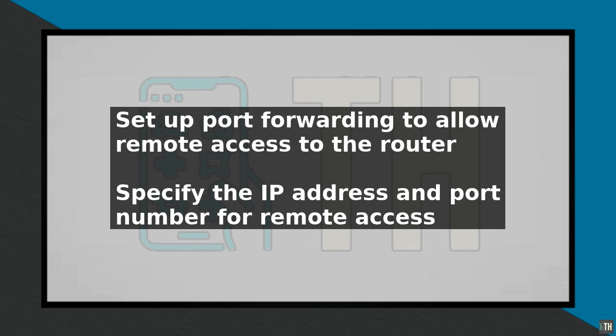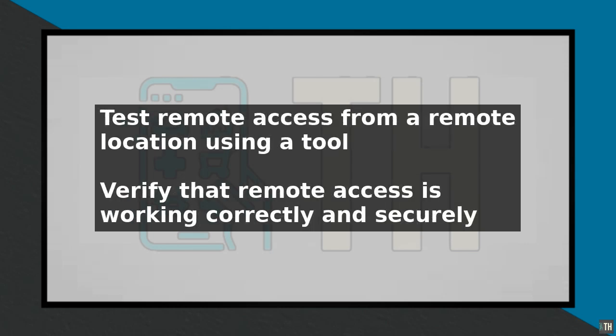In addition to the security risks, there are some best practices to keep in mind when setting up remote access on your Xfinity router. Always use a secure connection, such as HTTPS or SSH, to encrypt your data and protect it from interception. You should also limit the number of devices that can access your router remotely and only allow